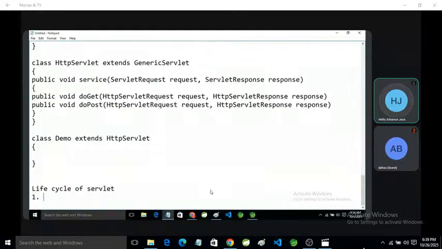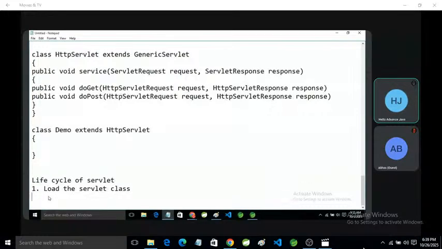Suppose we are using a class here that extends HTTP servlet. After compilation, it will generate a class file. First of all, we will load the servlet class.